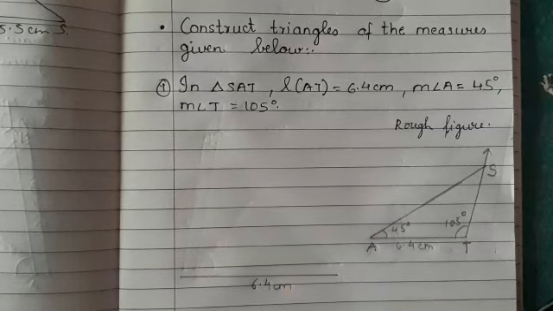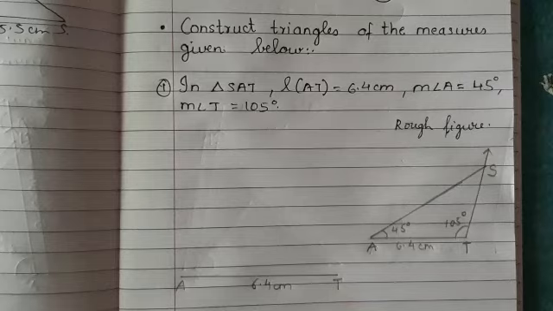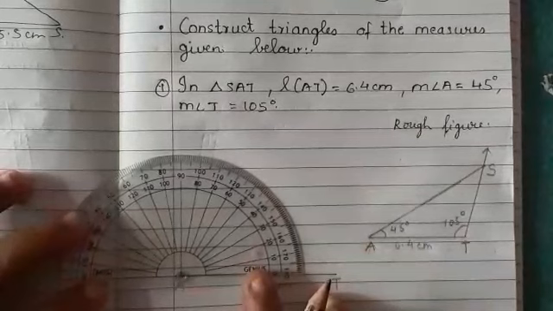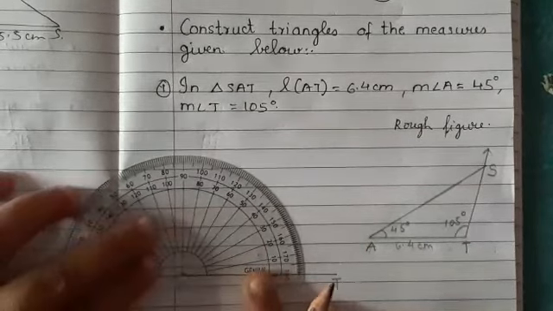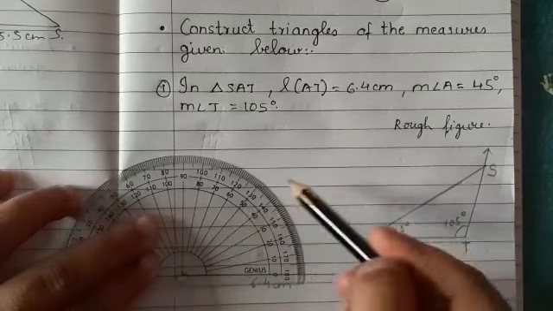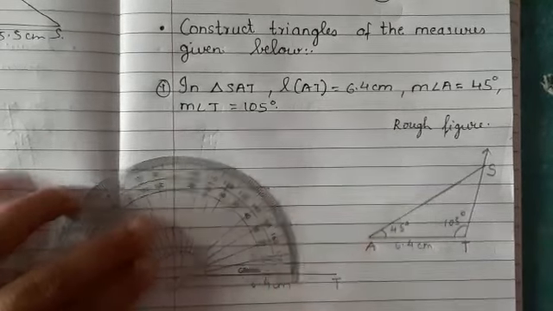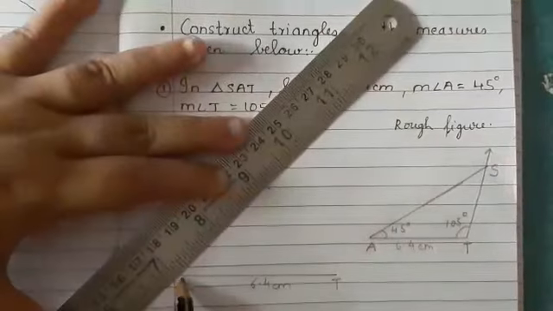Now I will take my protractor. Okay, and I will first name here A and here T. Okay, now I'll keep first my protractor on A in this way. And now I will draw an angle of 45 degrees. So this, here is my line. So I will see inside 0. This is 40 and here I have 50. In between them I have 45 degrees. So in this way. Okay. Now I will join this.